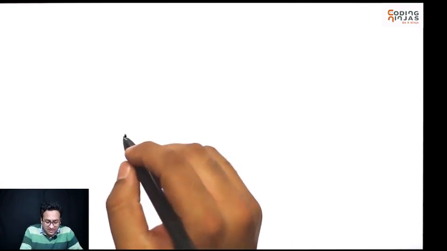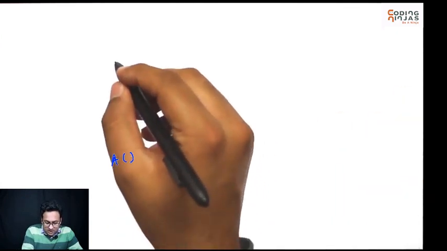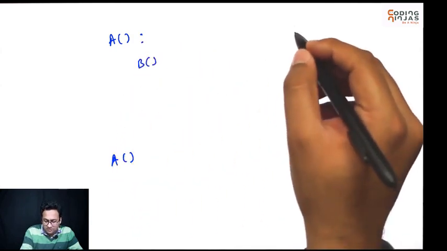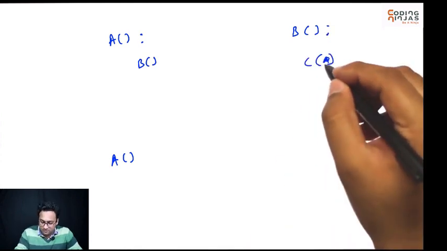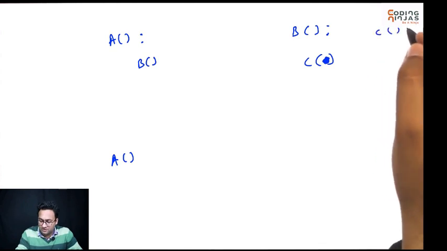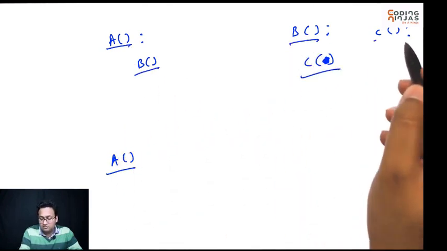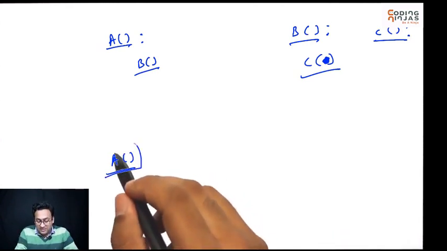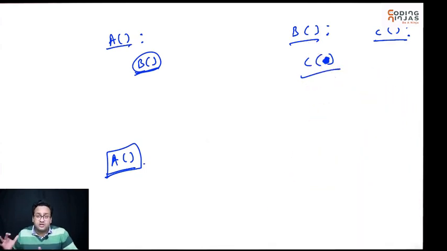So for example, let's say I call a function A, and function A in turn calls a function B, and let's say function B in turn calls a function C, right? And there is this function C. Okay, so I have called A calls B calls C, and C just does whatever C needs to do. We have seen this, right? We called NCR, which internally called factorial. Now factorial could have called something else, and there is no stopping that, right? So what exactly happens?